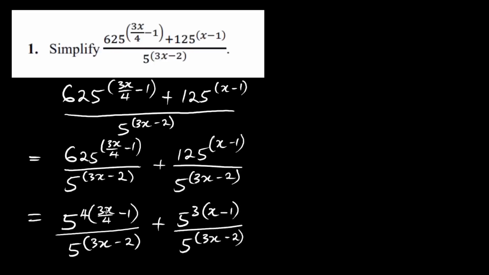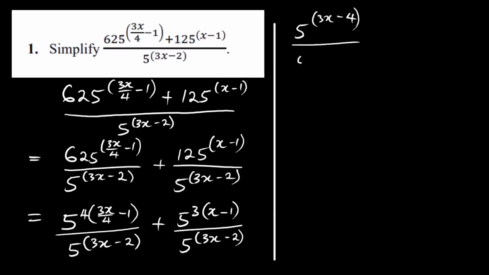So we are going to simplify the powers first. If I simplify the powers, 5, 4 removes this bracket to give 3x. So 3x minus 4 here